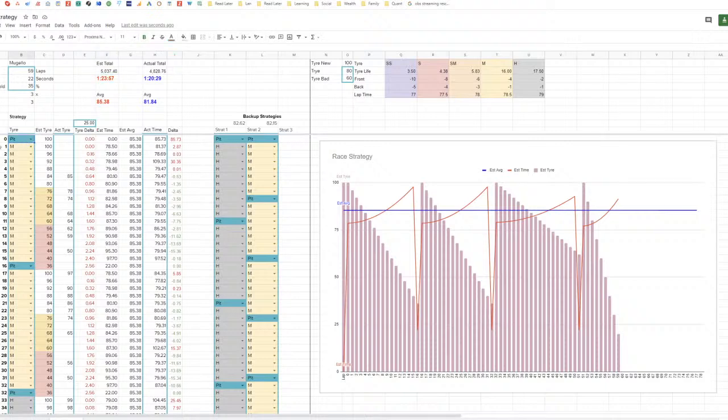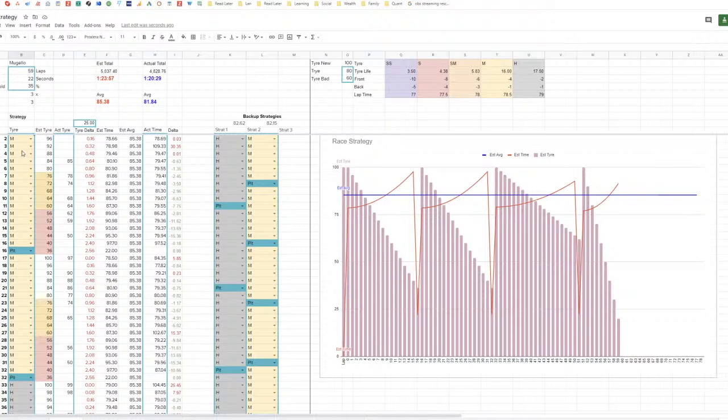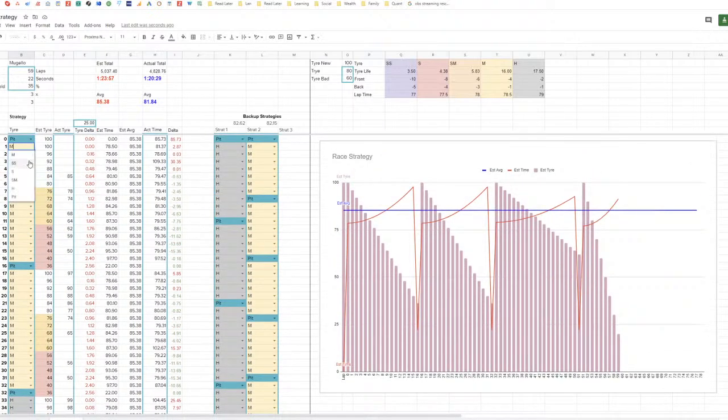Lap zero always starts from pit or the start formation lap at least. It doesn't really matter. Tire is 100, and then we start from lap one. That's medium. For every lap, you can choose soft, medium, and so on. If at any time you pit, then just click on pit. Once you do that, a few things change. First, this number is going to go from 17 back to 16. So if this is pit, then the lap number doesn't increment for this row. That's the first thing. Second thing is